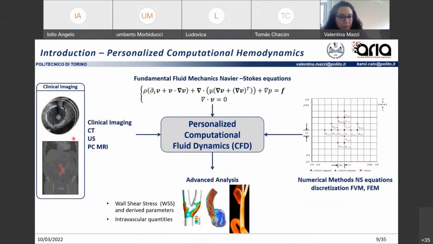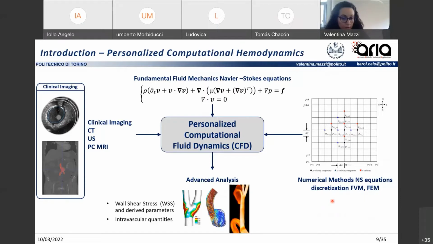CFD integrated by clinical imaging allows for a realistic reproduction of arterial vessels fluid dynamics. In fact, clinical data are used to reconstruct the real geometry of the vessel, and also to provide personalized boundary conditions to solve the fundamental fluid mechanics Navier-Stokes equations using numerical approaches based, for example, on finite volume or finite element methods for the